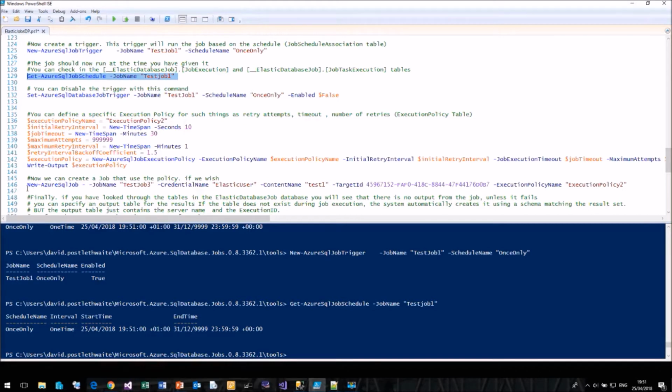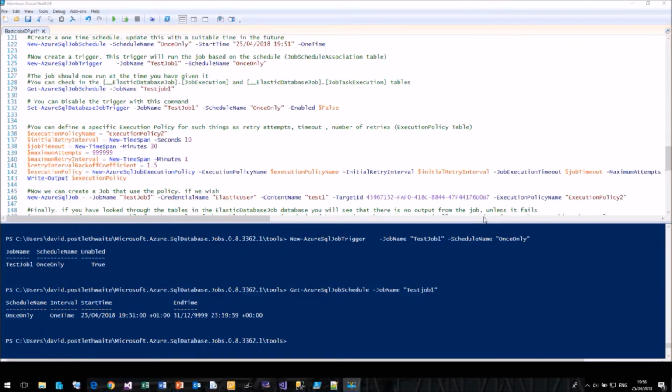And then when you create your job, you can just say the job name, the credential name, and the content as we've had before on the target. And at the end, you can just add execution policy name. So let's see if our job has run. Let's come back over to